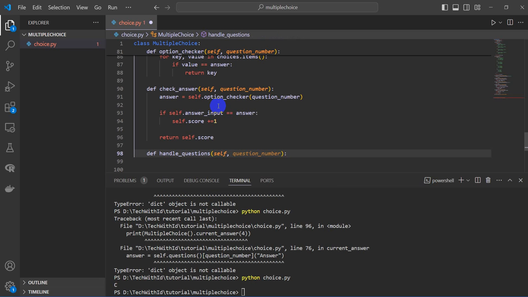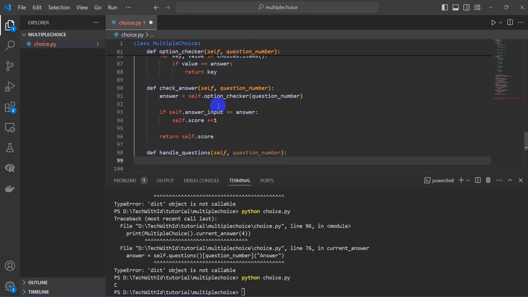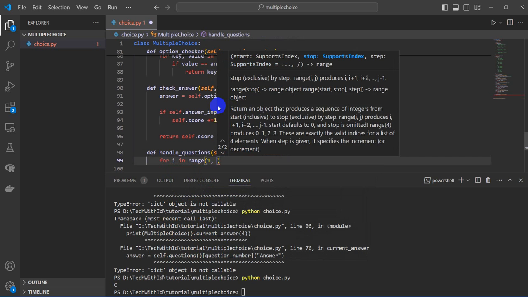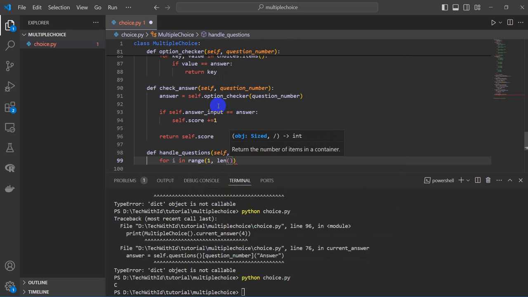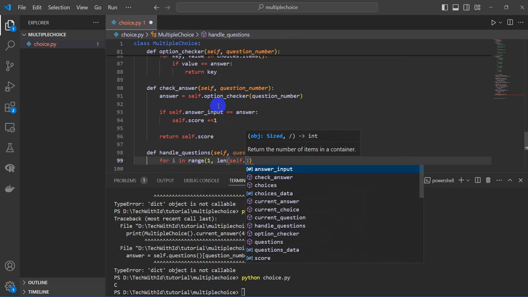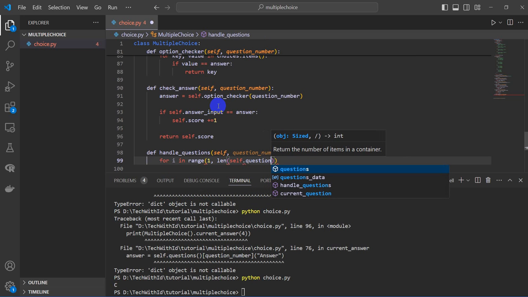This also requires the question number, and say for i in range, the number of questions that we have, starting from 1 to the length of self.question, since we are going to iterate through the length of the questions method, and that's going to be plus 1, because